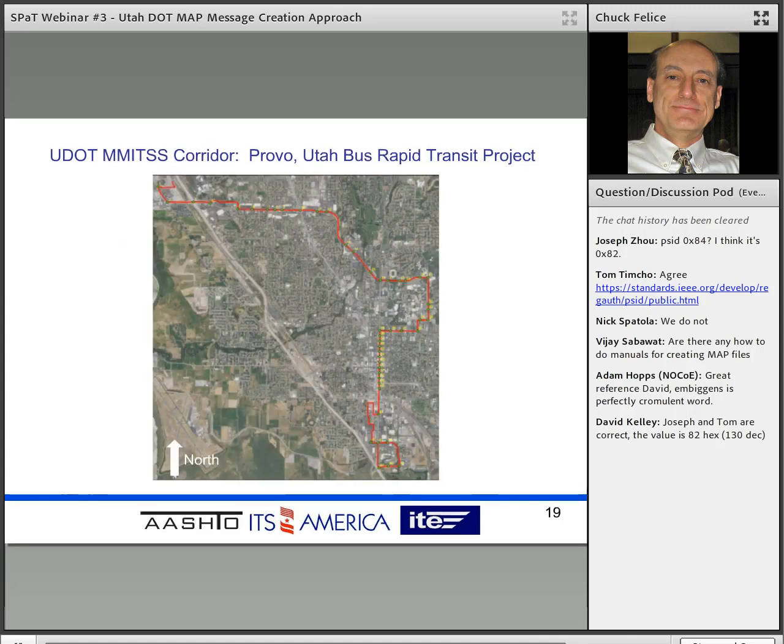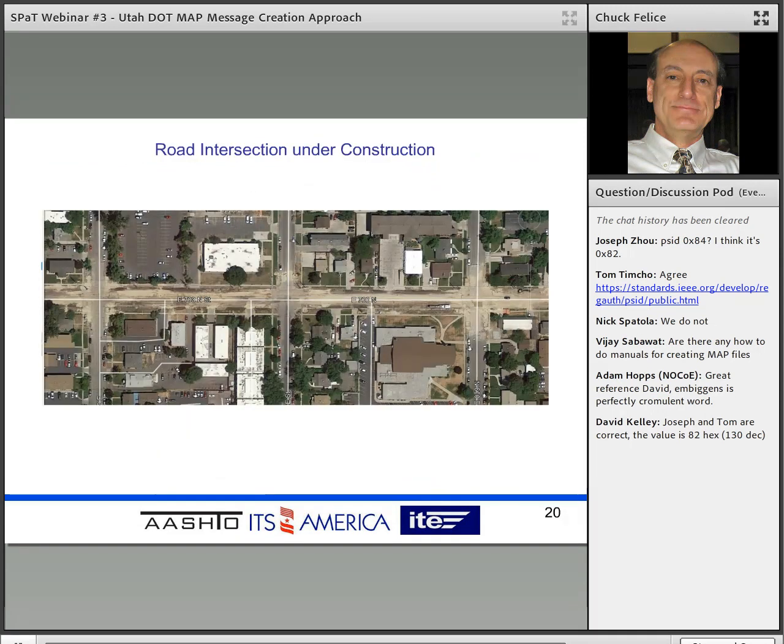The problem that I have with this corridor, and here's a picture of it, is that for some of these intersections, this is what the photography looks like. The road's ripped up. So where are the lanes? Where am I supposed to put the node points? So in this case,